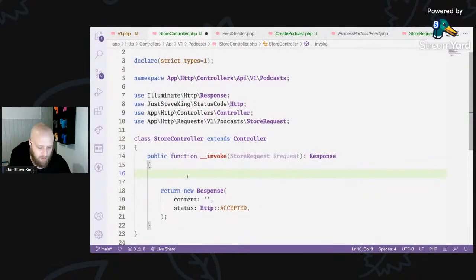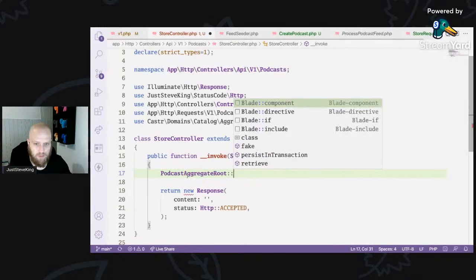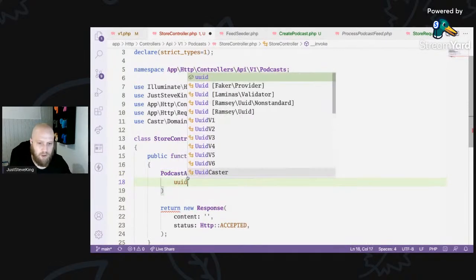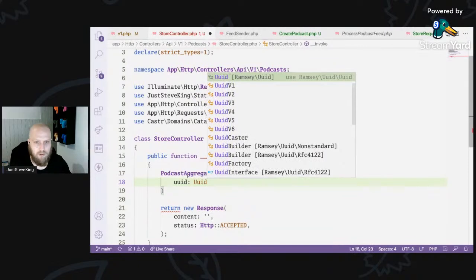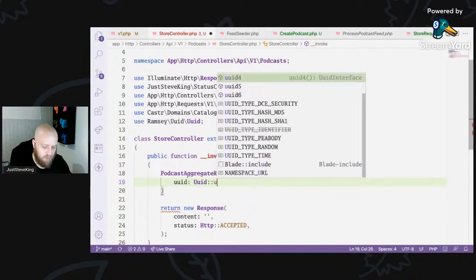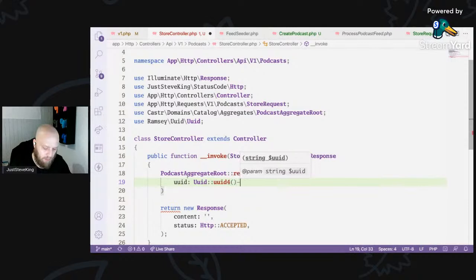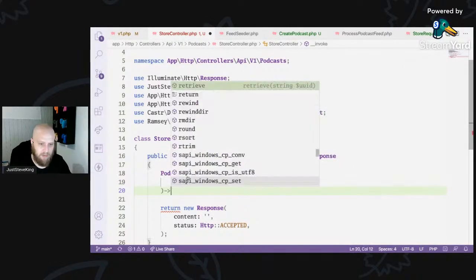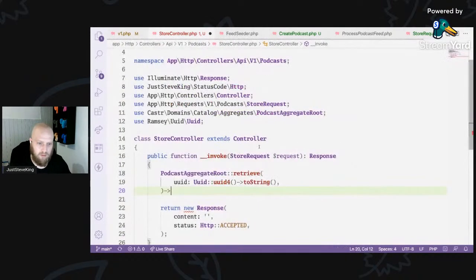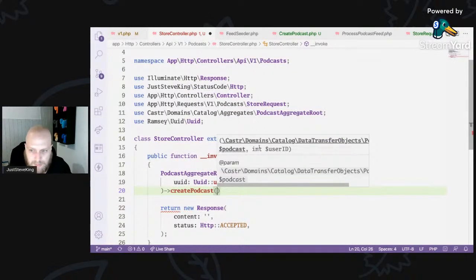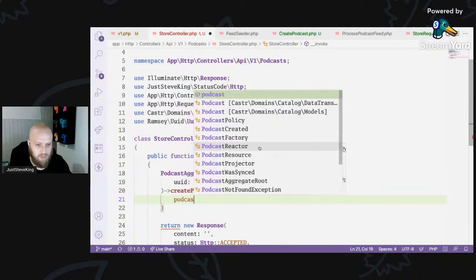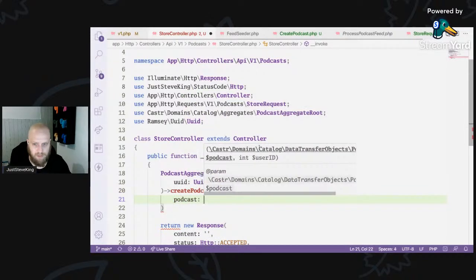So podcast aggregate root, retrieve UUID, good old Ramsey package, UUID 4, and we want this one to be a string. And then we want to trigger the create podcast, where the podcast is the